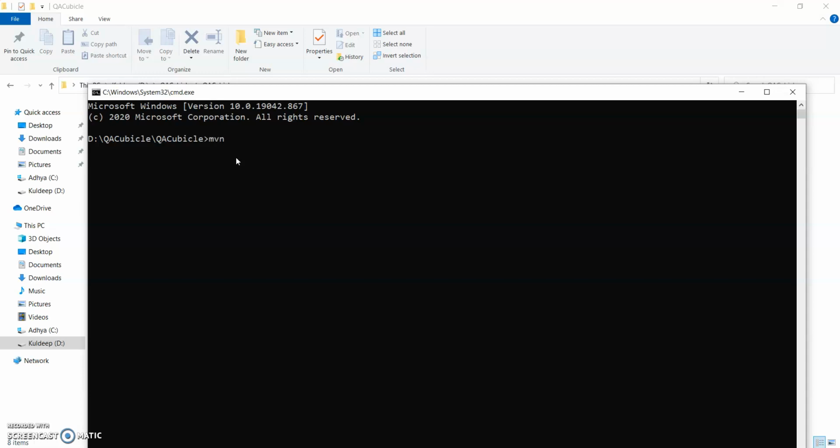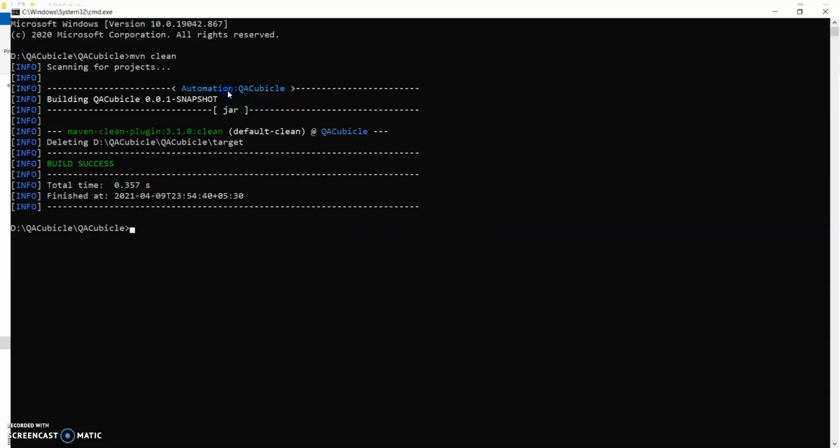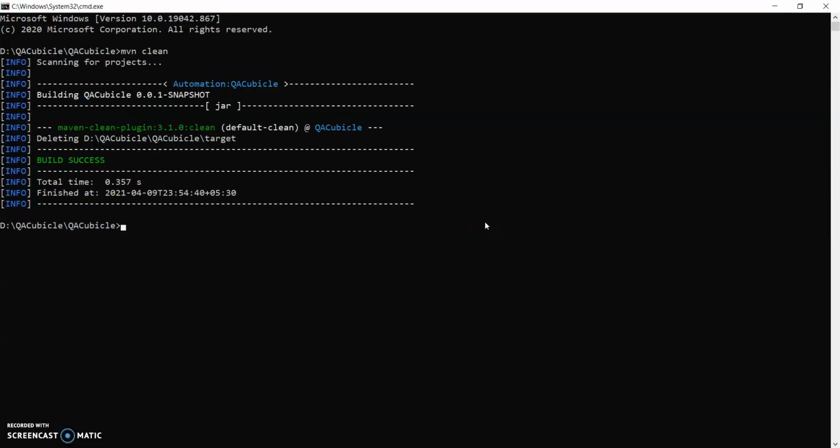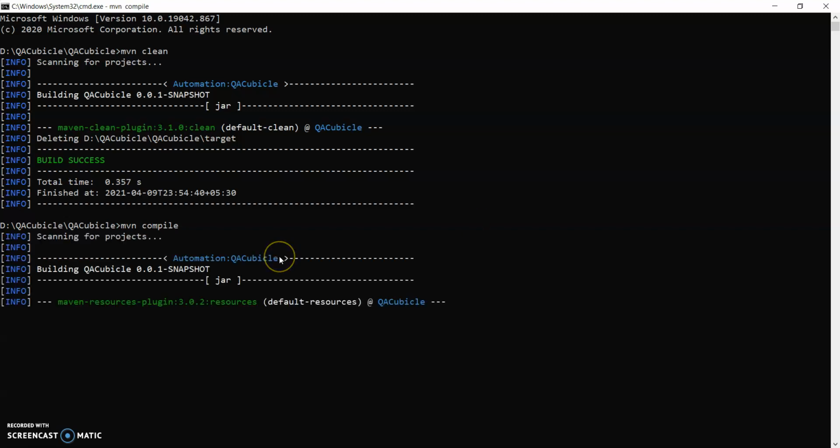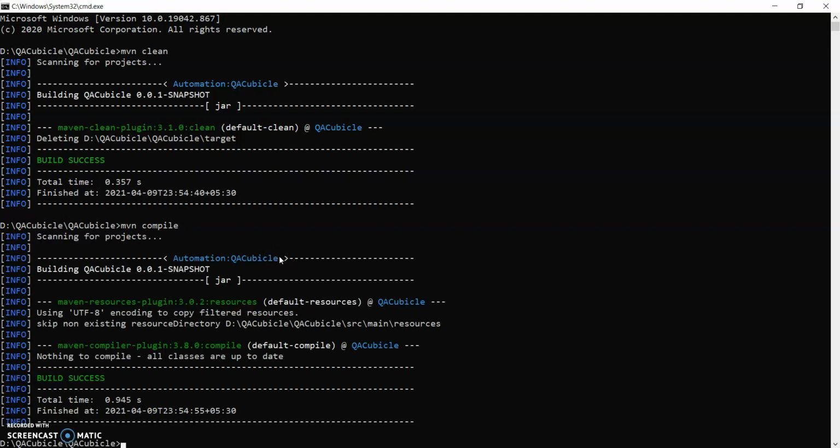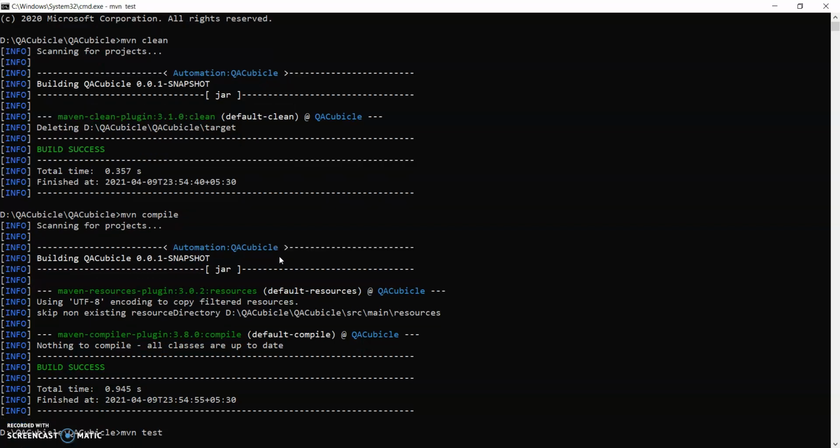Now I will write mvn clean. It will clean the project. The next is mvn compile, which will show me any compilation errors. And the next is mvn test, so I will simply write mvn test. Again it will execute my 2 test cases.